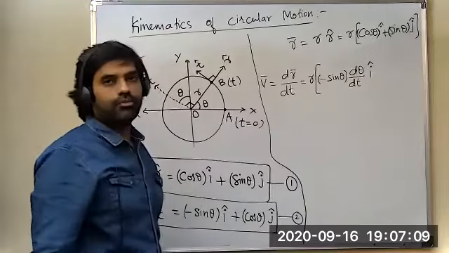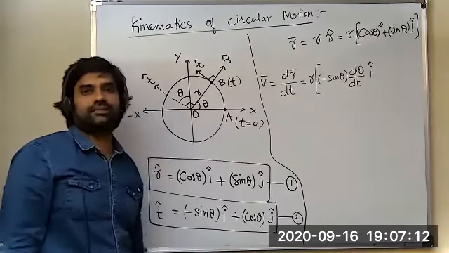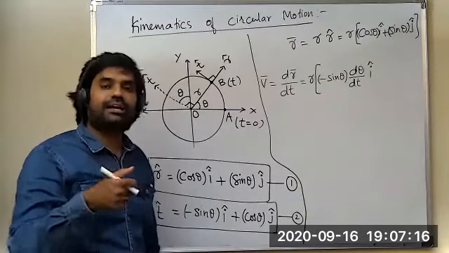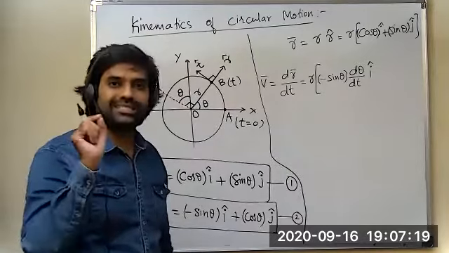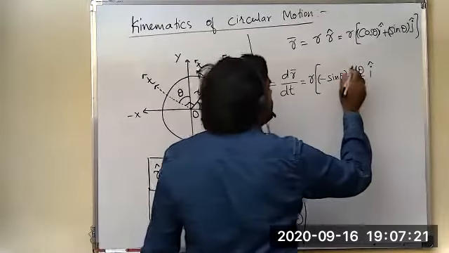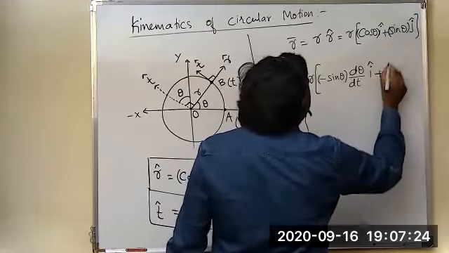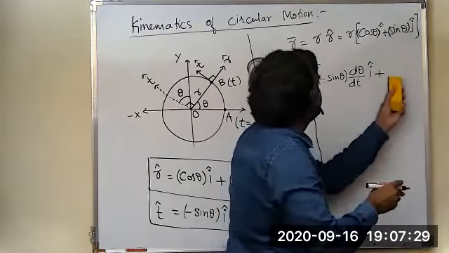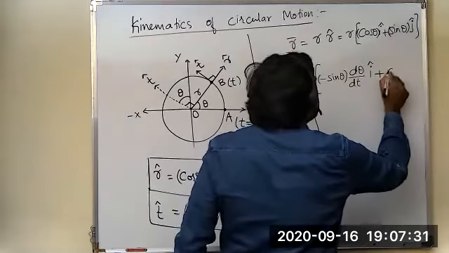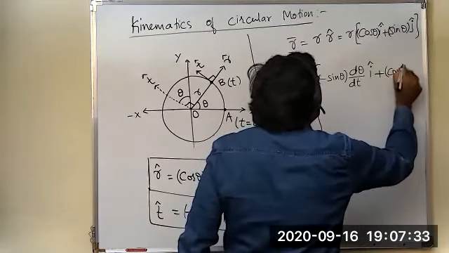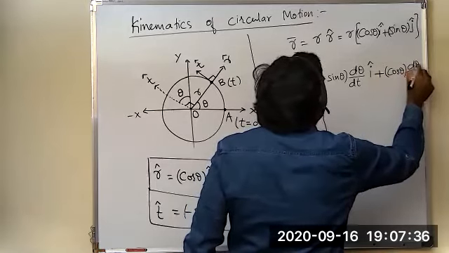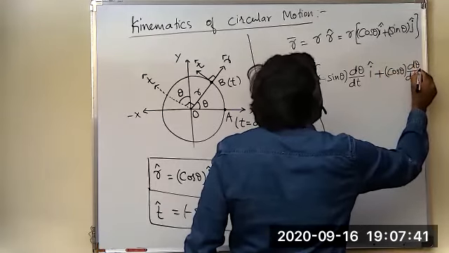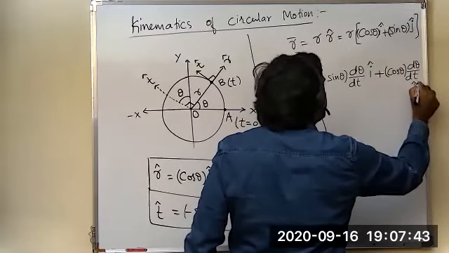Okay, guys. The formula for differentiation of cos theta is minus sin theta. But we are differentiating with respect to time, while the variable is theta. That's why, students, after writing down the formula, you need to write separately this d theta by dt again. Plus the differentiation of sin theta is going to be cos theta. Here I can write cos theta into the same thing, d theta by dt, into j cap, students. This is completely j cap.